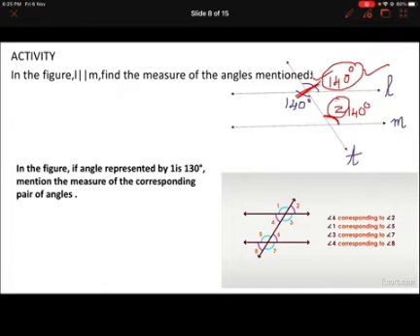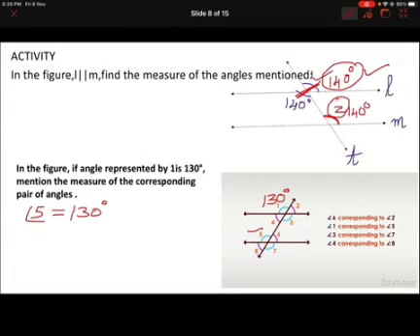Okay, again in the next problem, you can see one angle is 130 degrees. This angle is 130 degrees. Now you have to find out all the other angles. Now angle 6 is corresponding to angle 2. So they will be equal. Now which is the angle corresponding to angle 1? That is angle 5. So I can write angle 5 is 130 degrees. Do you all agree, children? You agree, is it not? Because we learned that corresponding angles are equal.